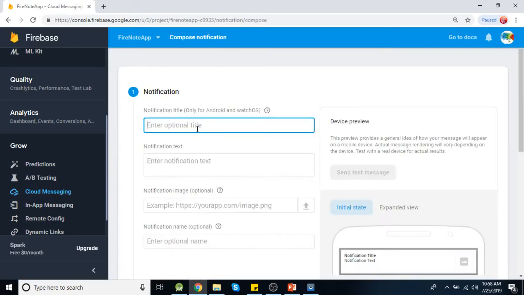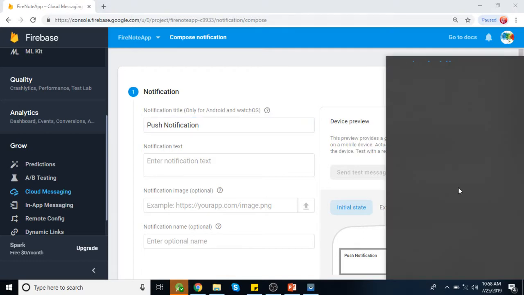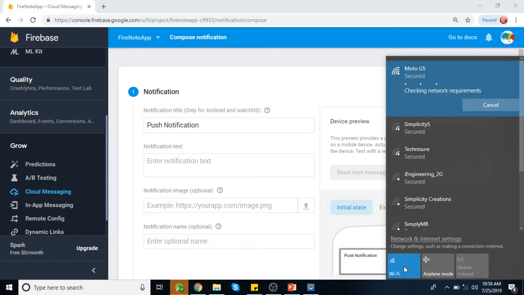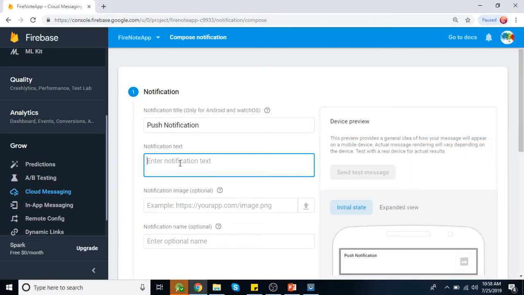So title is say push notification. And text is like, okay.